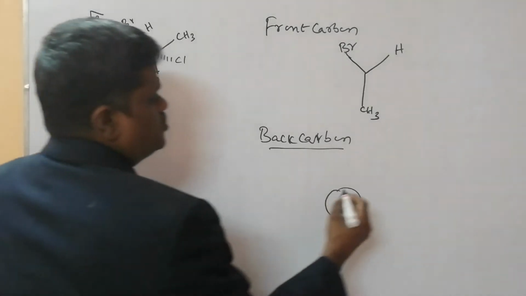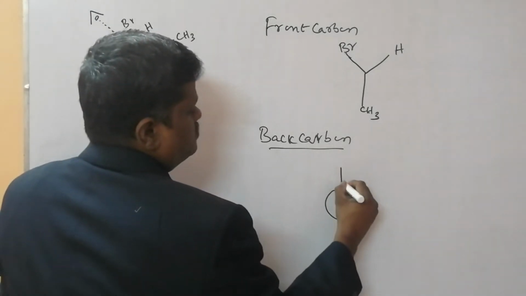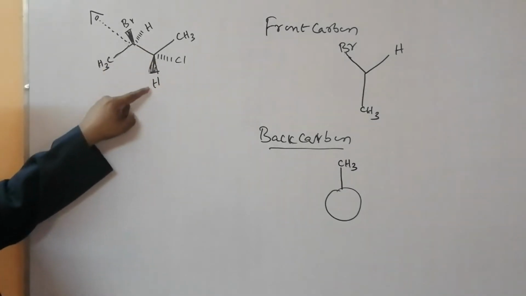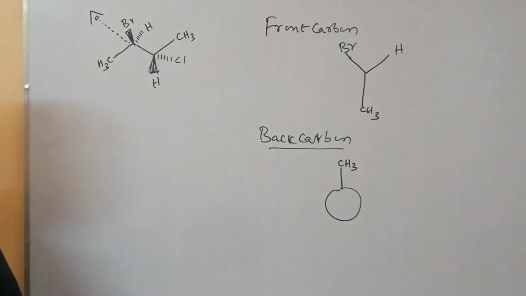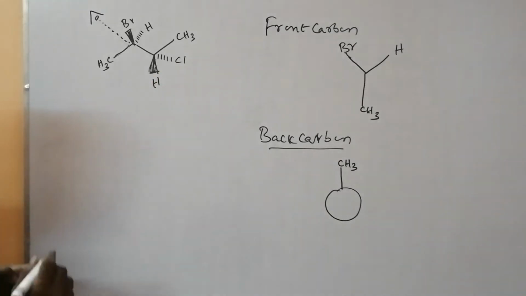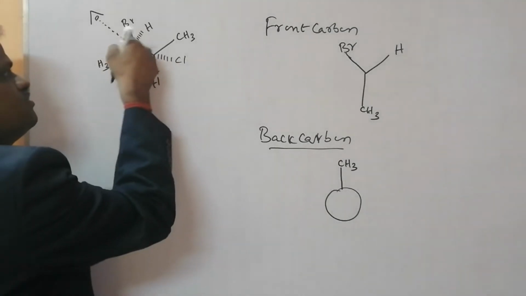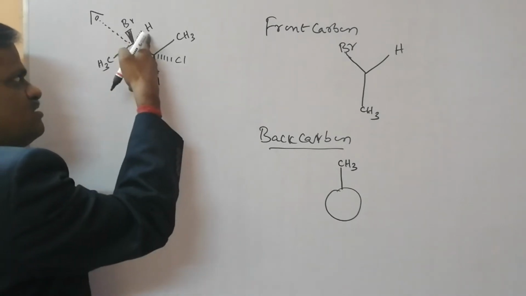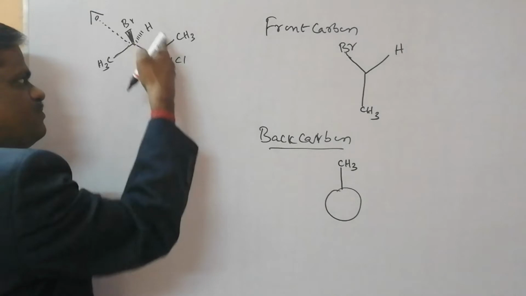That means you should put it like this. This is your methyl, and here the two atoms, hydrogen and chlorine. Now where will you put that hydrogen and where will you put the chlorine? As we know, this hydrogen and bromine are wedge bonds and this hydrogen and this chlorine are dash